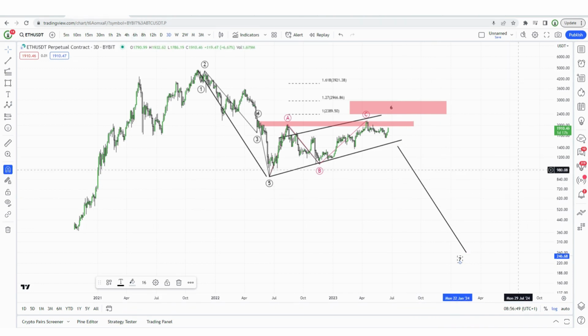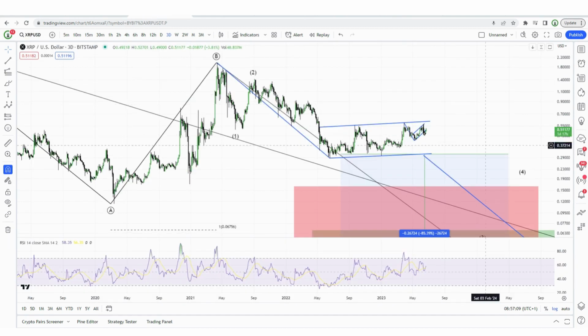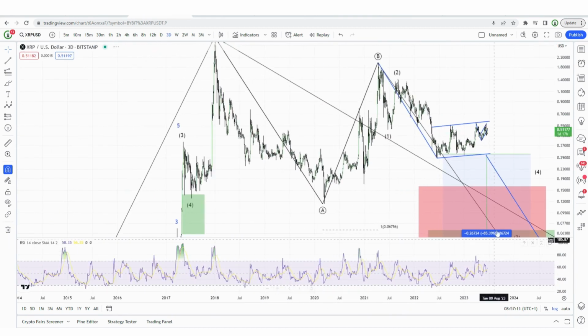So yeah, this is something to be really, really aware of. And this is something that nobody on Twitter, nobody on any kind of forum or YouTube is talking about, because they want you to buy. Okay, this is the facts. Look at it. Now, moving over to XRP, everybody,